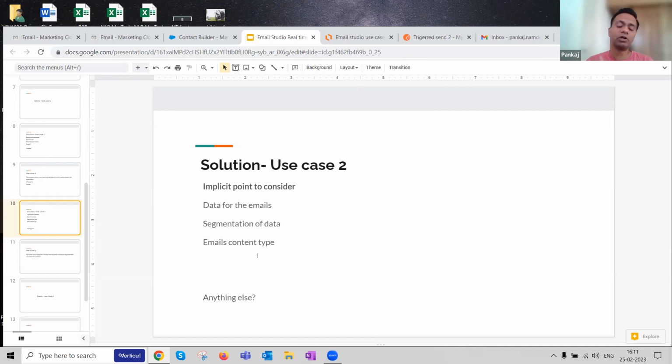Like, remember, I'll give you a reference. In use case 1, we spoke about analytics. What is something that you feel should also be considered as a part of solutioning this? Not necessarily Email Studio, or it could be, but what could be other things that you think should be good enough for us to keep in consideration, apart from these very basic, out of the box, implicit things? Any thoughts?